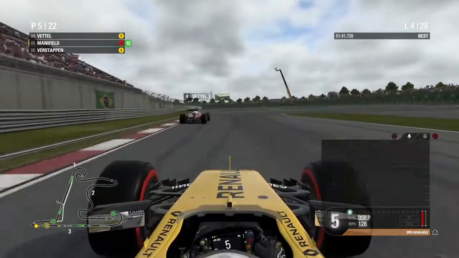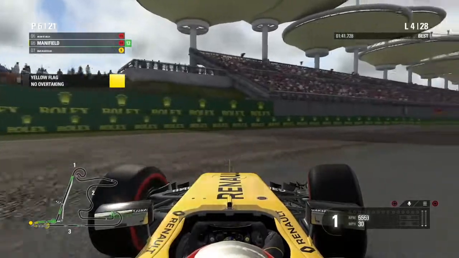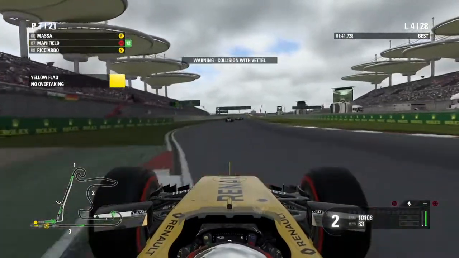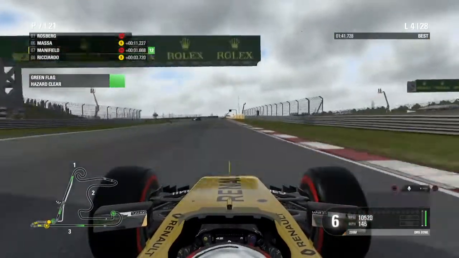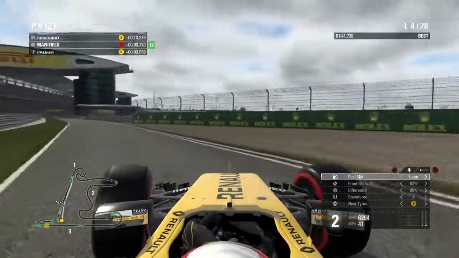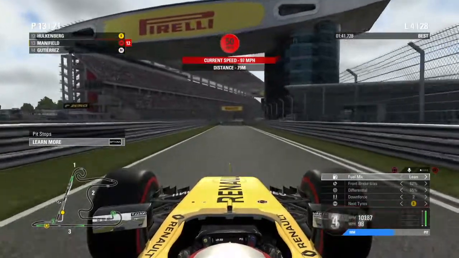Now look what happens here. We do not realise how close we are to the hairpin, and we've basically kamikazed Vettel. Sebastian's out on the spot. We only get a warning for it. Unbelievably, I was fully expecting a drive-through penalty or some sort of major sanction for that. We have taken out one of the front runners with a boneheaded move into the hairpin,